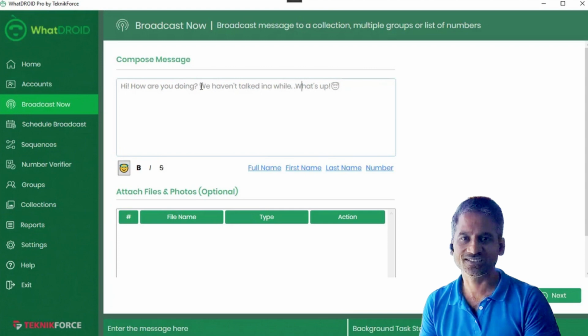You can style your text. So if you want to make your text bolder, or you want to italicize some text, or you want to strike through, you can do that. You can select any kind of WhatsApp related formatting that WhatsApp allows. You can also put in